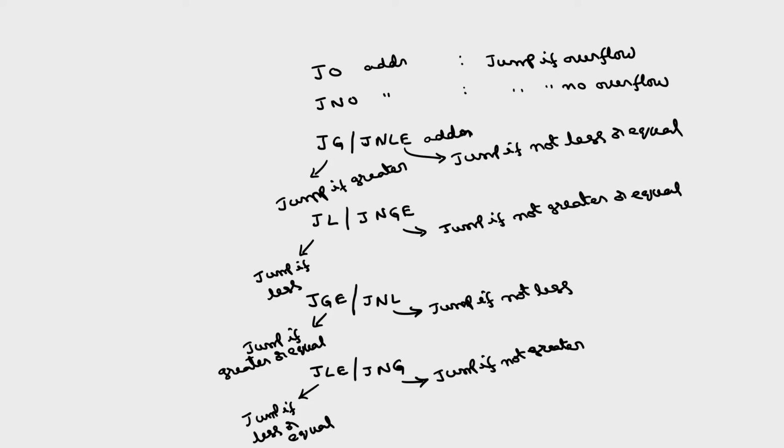And we have 2 more jump instructions which correspond to jump if CX is equal to 0 address. Jump if the register CX is equal to 0, otherwise it will come to the next instruction. This instruction will jump to the instruction that is specified at the address here if CX is equal to 0, otherwise it will skip this instruction and go to the next instruction.